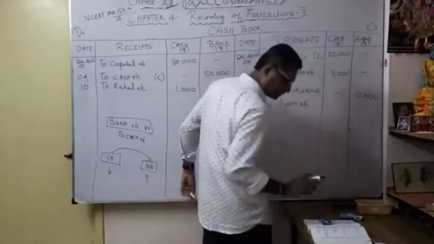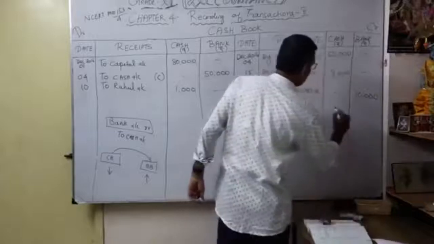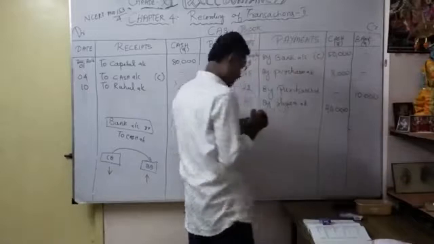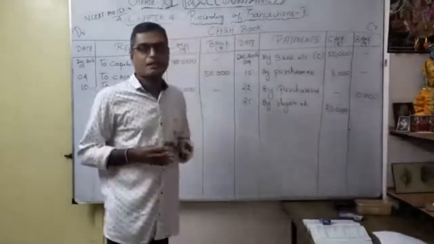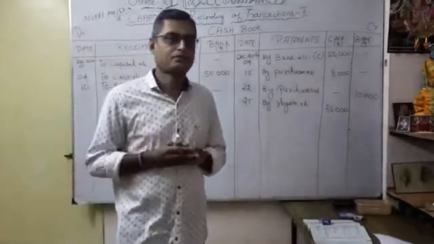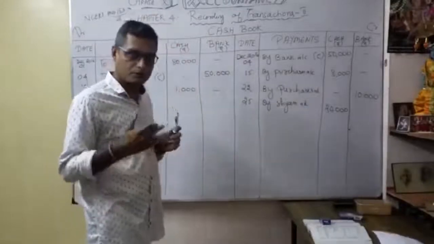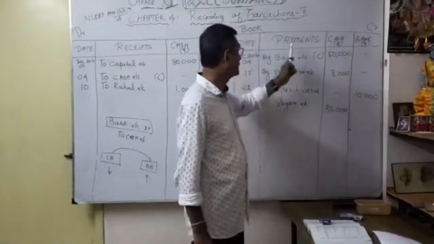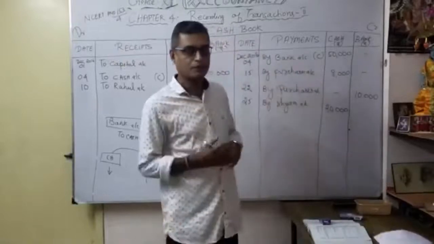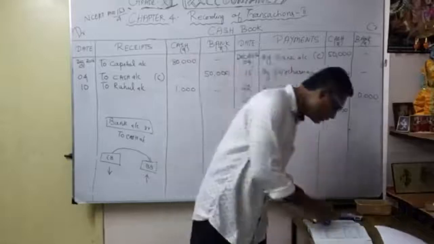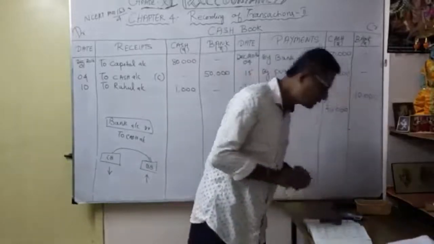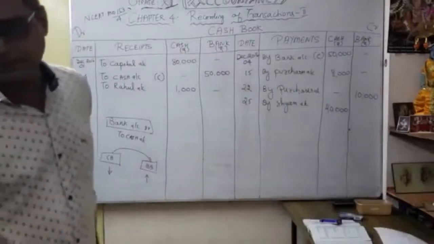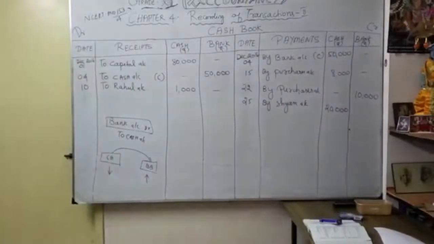Shyam account, how much? 20,000. So it is a cash transaction. The payment is cash. Correct. I paid Shyam in the form of cash. That's why the entry is Shyam account debit to cash account. That's why in the cash account, by Shyam account 20,000 under the head payments. So that's the transaction we discussed. It's a very, very important one. Now see once again how the transaction is represented in a double column cash book. You check it very clearly.